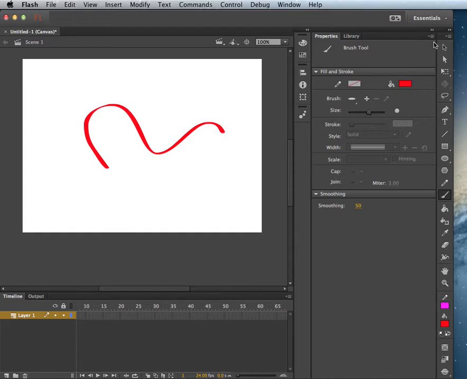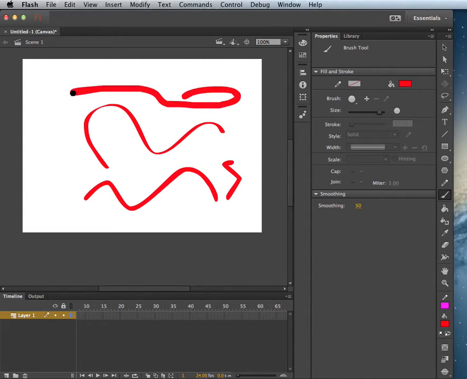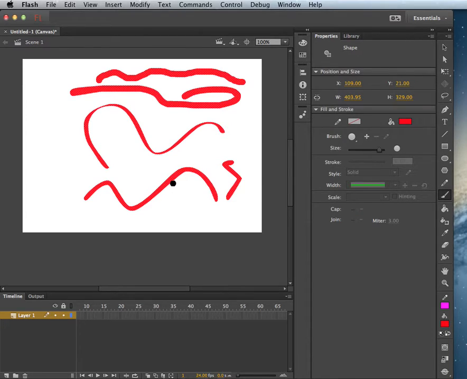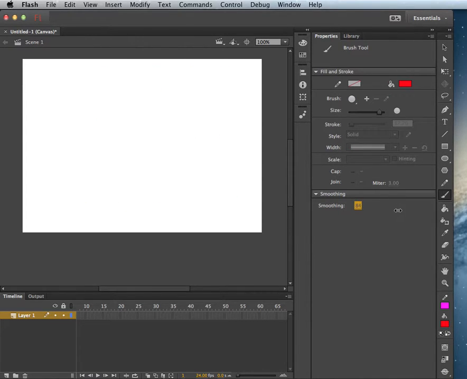I can also affect the brush shape right here in the properties. There's different brush shapes, different brush size. I can change that. And there is a default smooth on. If I want no smoothing, if I want it to be just exactly the way I draw it and no better, I can go to 0, and it's kind of ugly. But of course, if I want it to be really, well, nicer, I can put the smooth up higher,